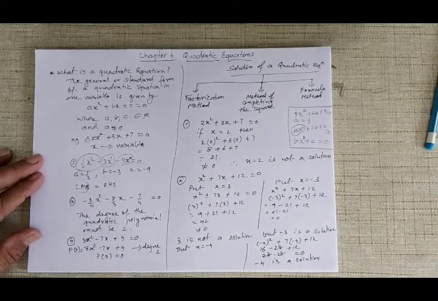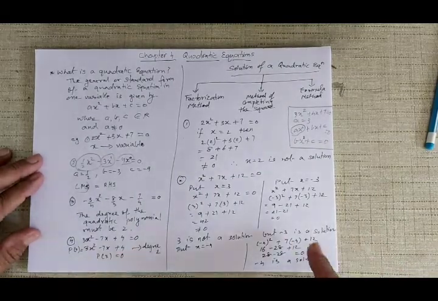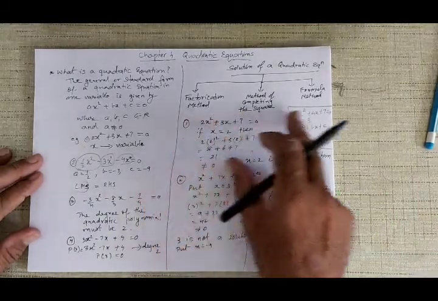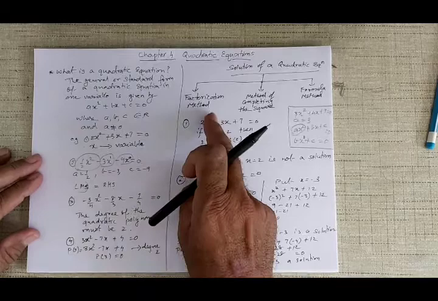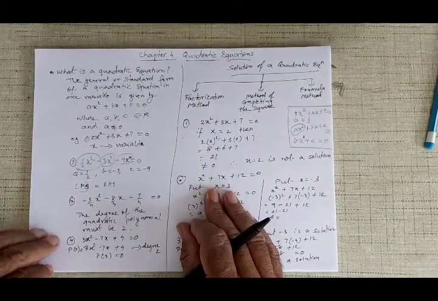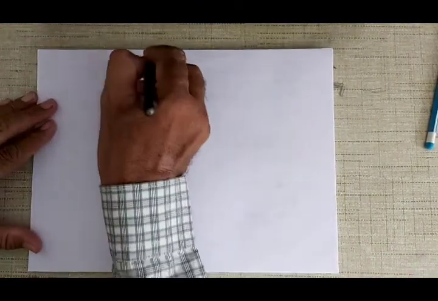A quadratic equation can have at the most two solutions. Like for example, in this case, -3 and -4. And then I told you that there are different methods. Okay, factorization method, method of completing the square, and formula method. Alright, now after we have done some basic things, just see, let us just do a few things. Okay, exercise